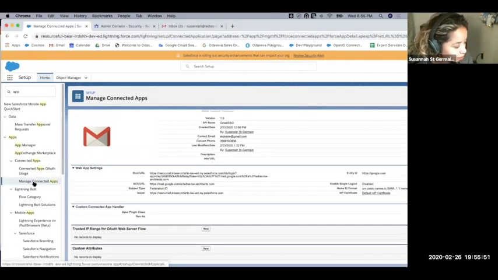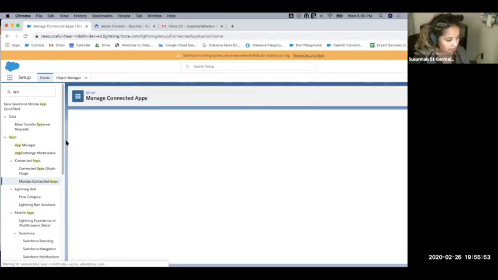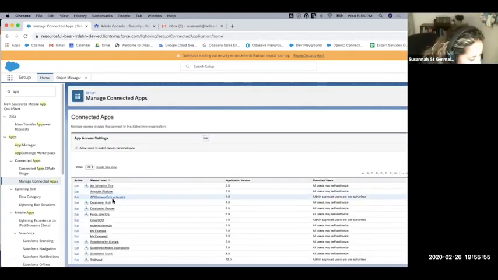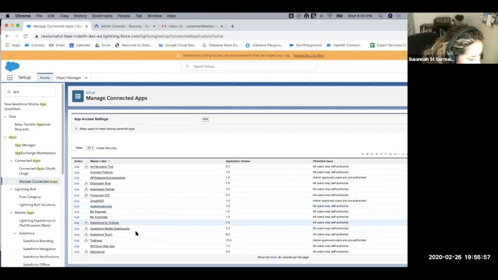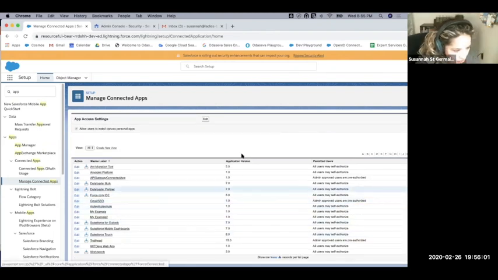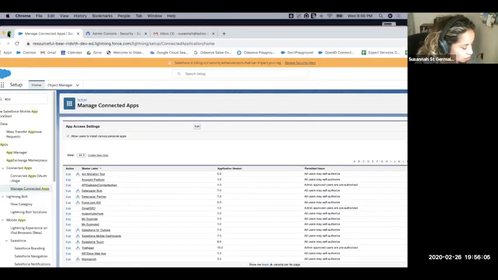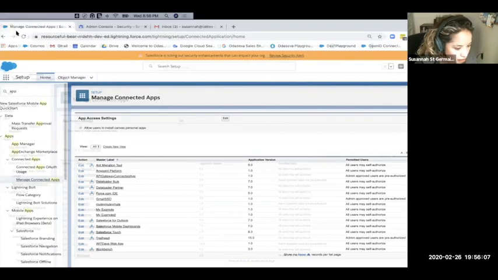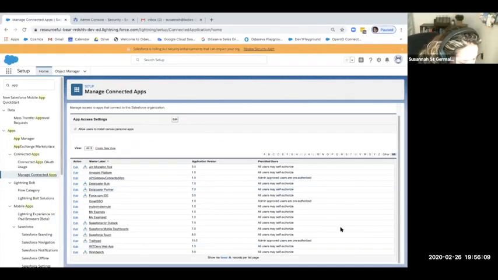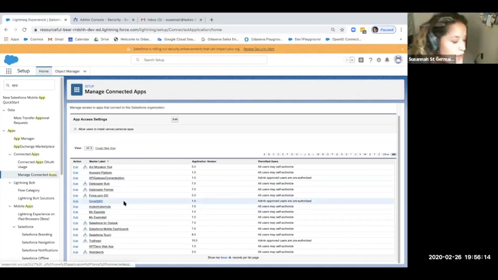Let's see, manage connected apps. So I should see a Gmail SSO, and I do. There we go. So I see my SSO, and now if I click into it, I'll be able to see